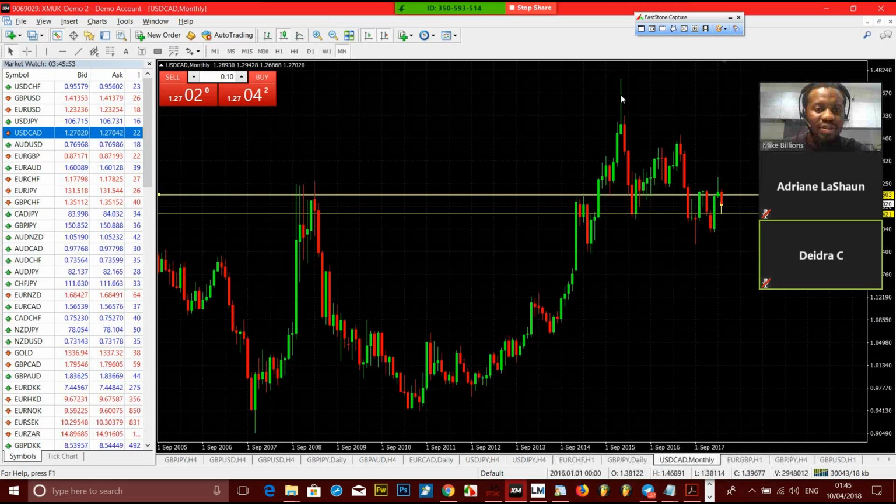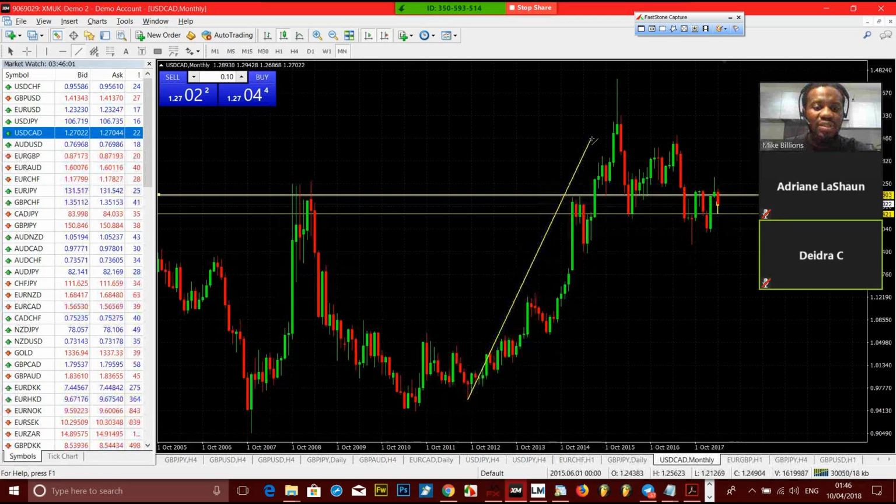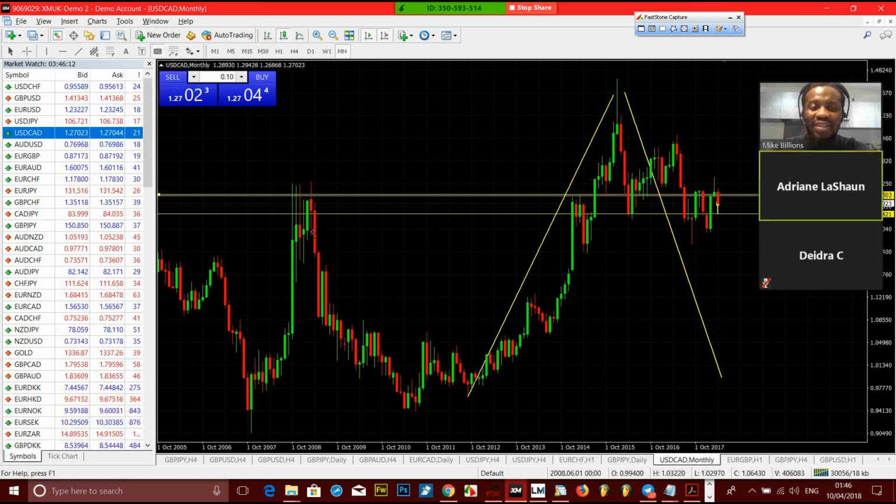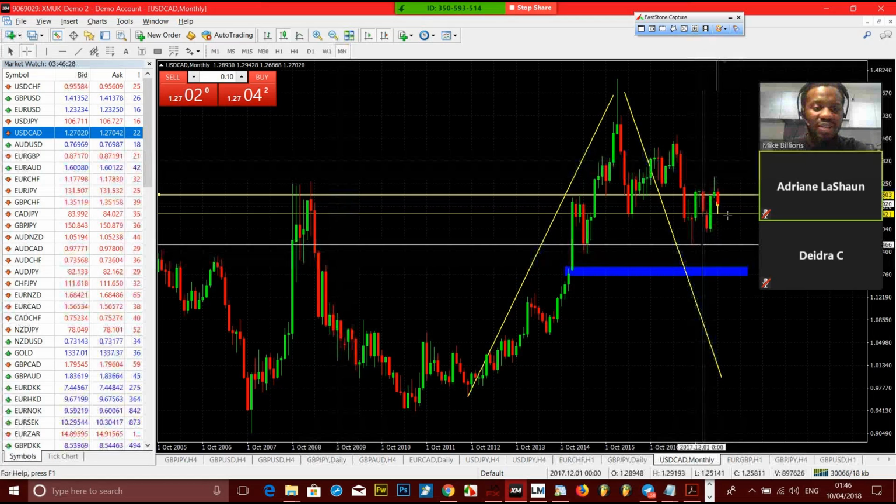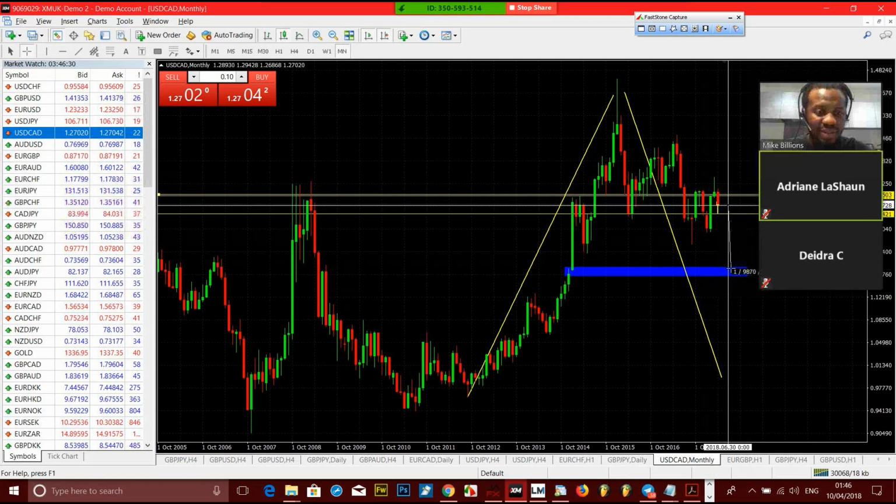Now look at this, it's a giant shooting star. So if this happened, then maybe this correction is going to happen as well. Who knows? But I can see this, I can rest assured that this would happen eventually because of this giant jump. This one I know would definitely happen, and then from there, how many pips are we looking at from where we are now if we were to stay in?